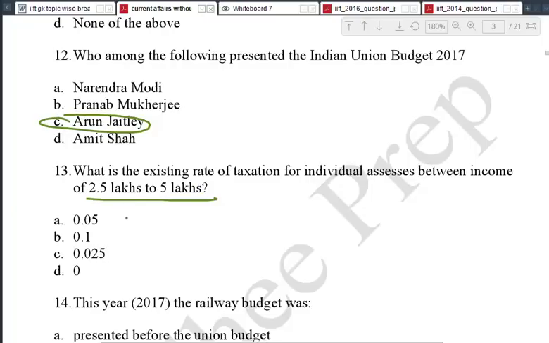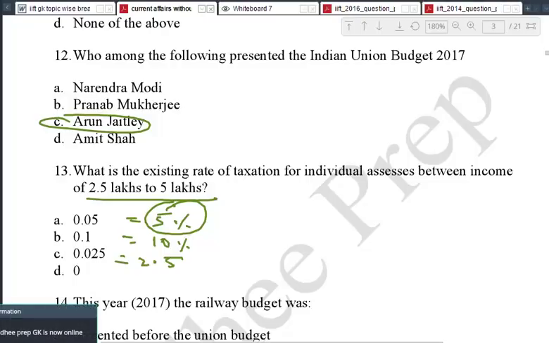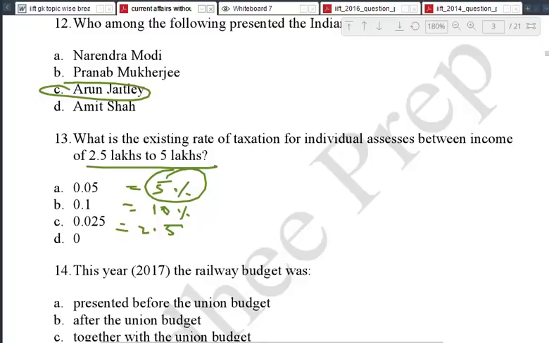This is percentage. This is 5%. This is 10%. This is 2.5%, I think, not 25. What is the answer? Is it 10% or is it 5%? I don't know. Some people say it is 5%. I think it is 5%. Please check that, people. See, it's a factual thing. It can be checked. I'm not very sure about the answer, though I was the one who designed the question, but I have forgotten it.